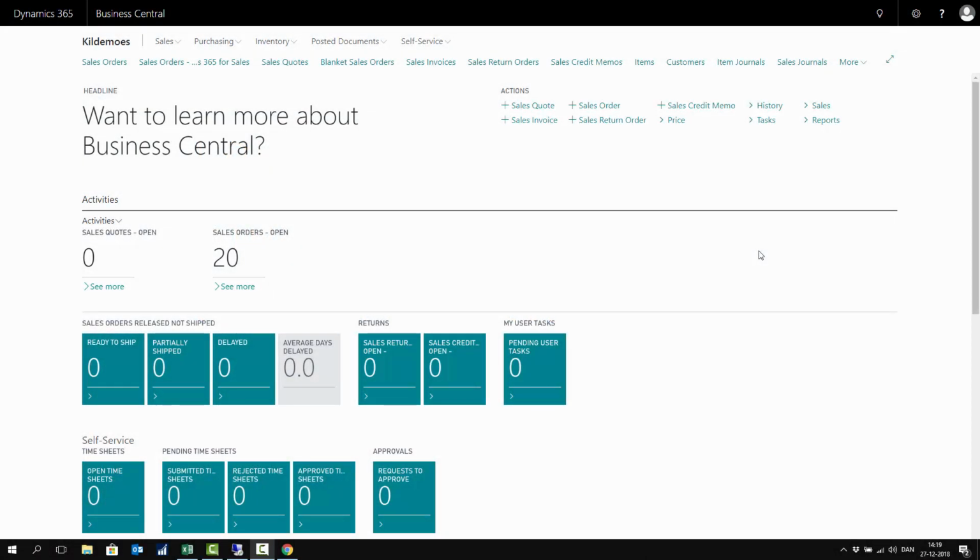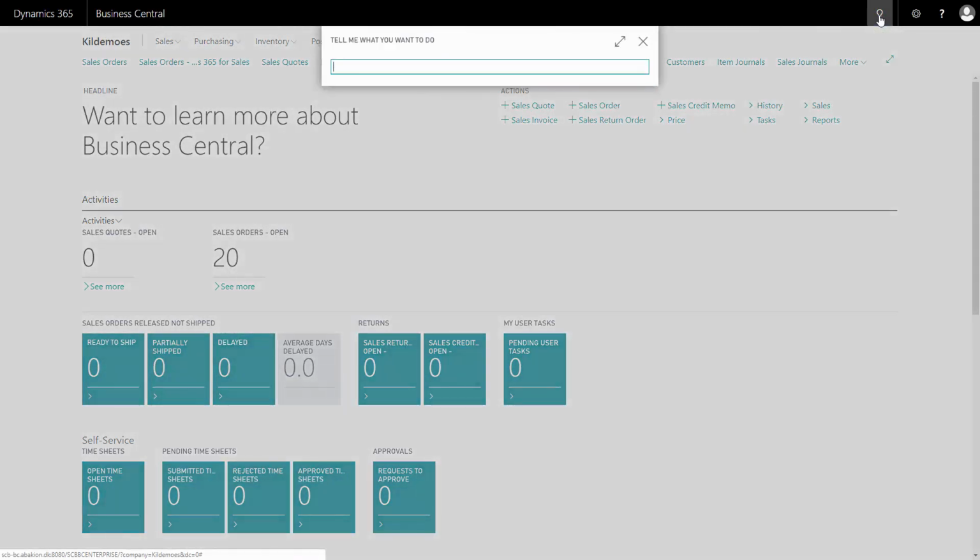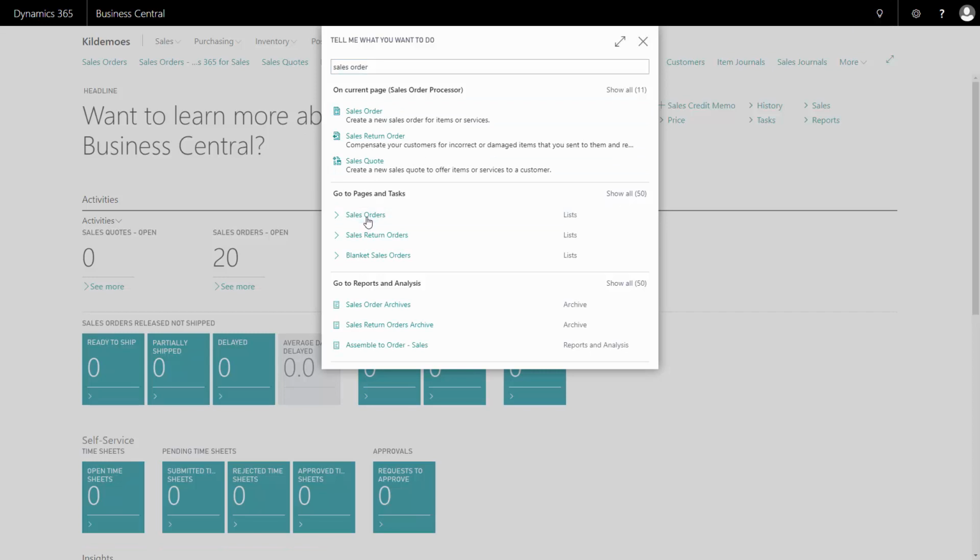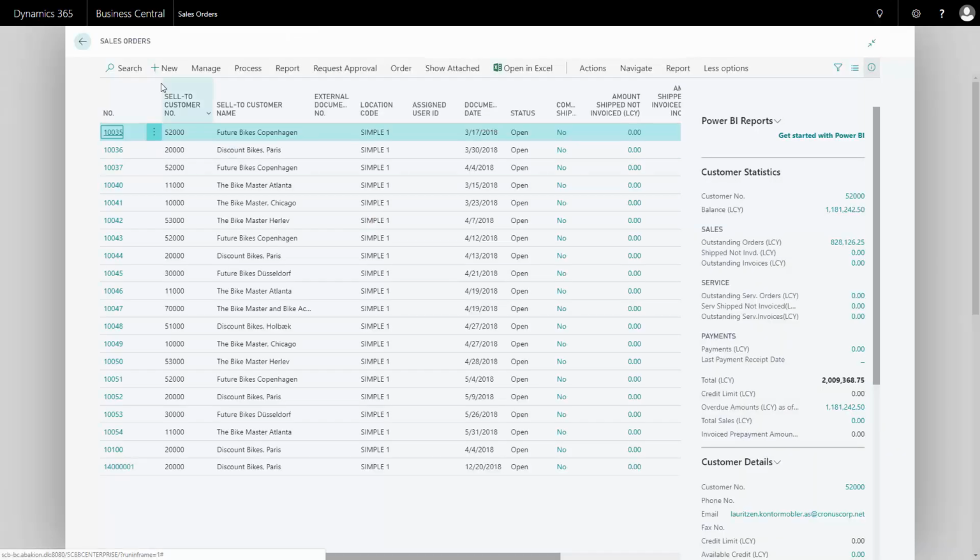With language handling in master data information, it's possible for me to transfer language-specific information from customers and items to sales orders, or from vendors to purchase orders. Let me show you an example here. So I've made all my data correctly and set up everything that I prefer. So I can create a new sales order.